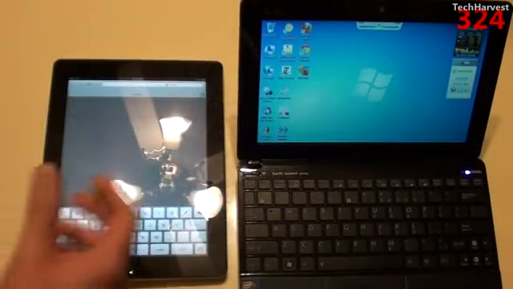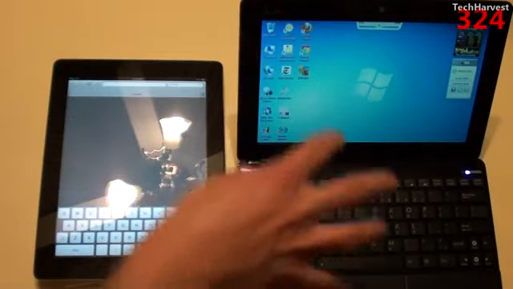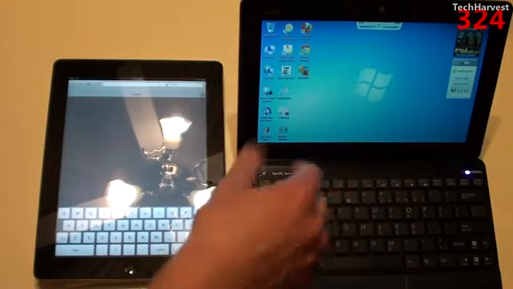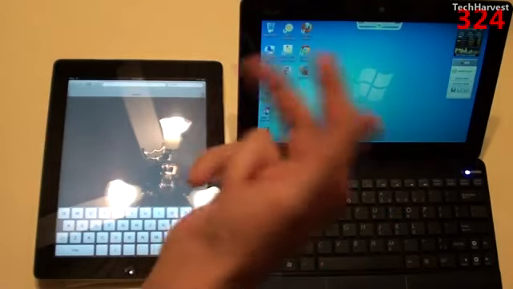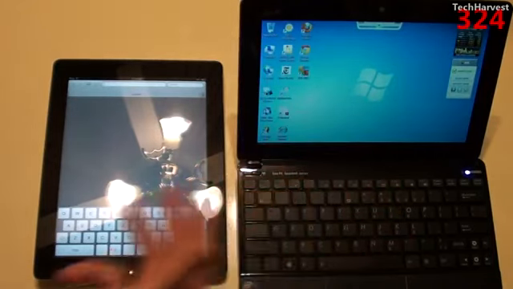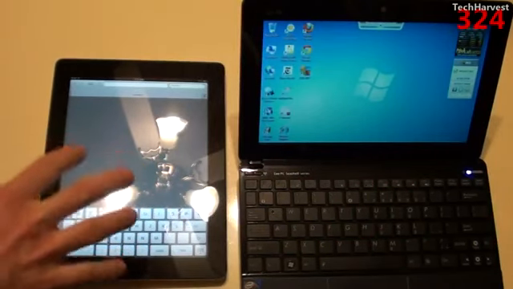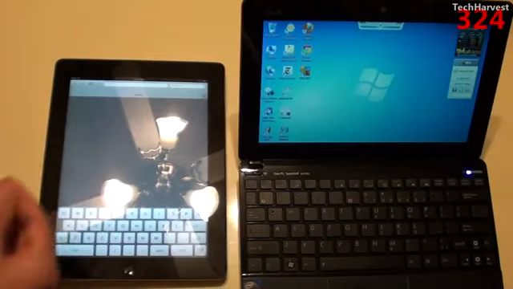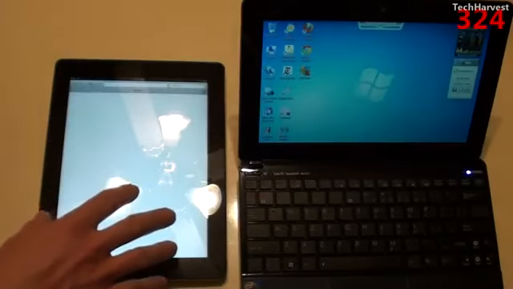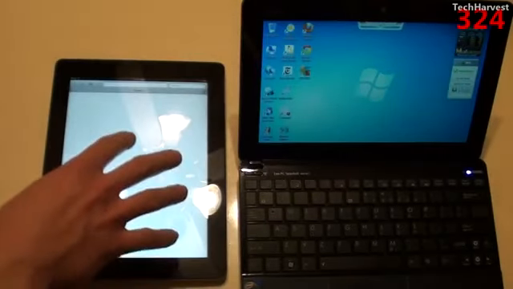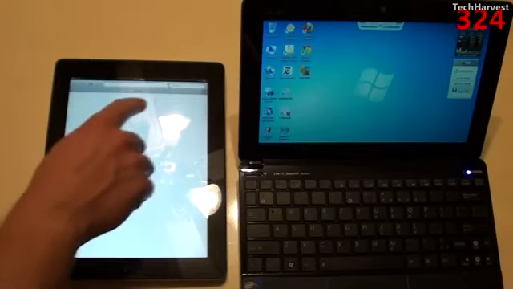Now obviously you have any browser you want you can install on a netbook. From Safari to Chrome to Firefox to Internet Explorer to Opera, whatever you want. On a tablet, you're only going to find mobile browsers. In this case, I have Safari, and I just updated this device to iOS 5, and you can actually have